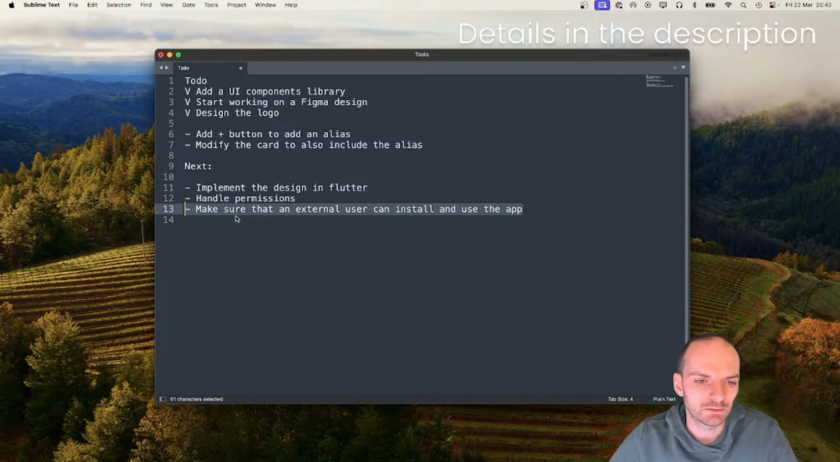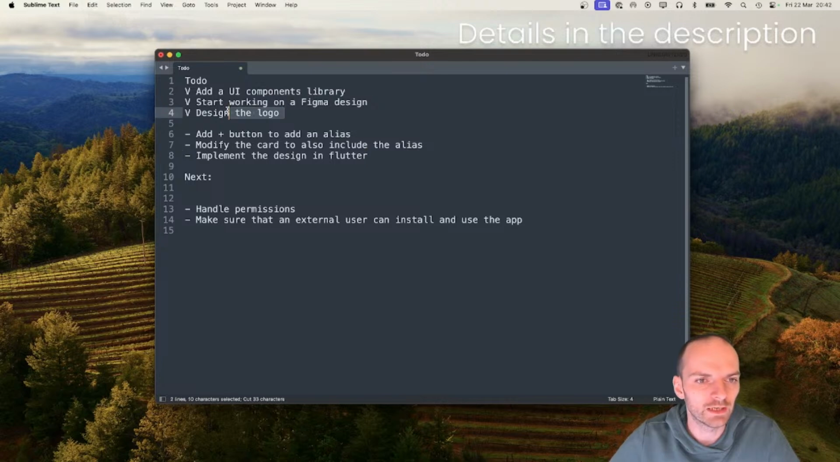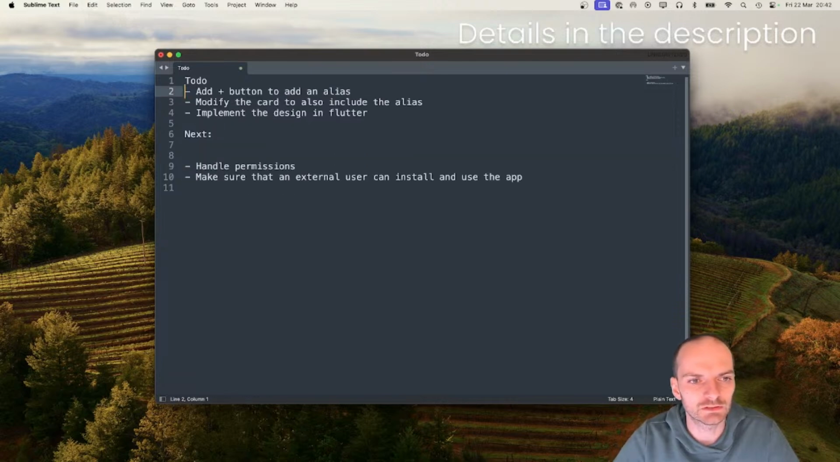In the end, we want to make sure that a user is able to install and use the app. I will move this to the to-do points today, and I will delete the previous to-dos so that we have an overview on what needs to be done. Just to show you what we have so far,